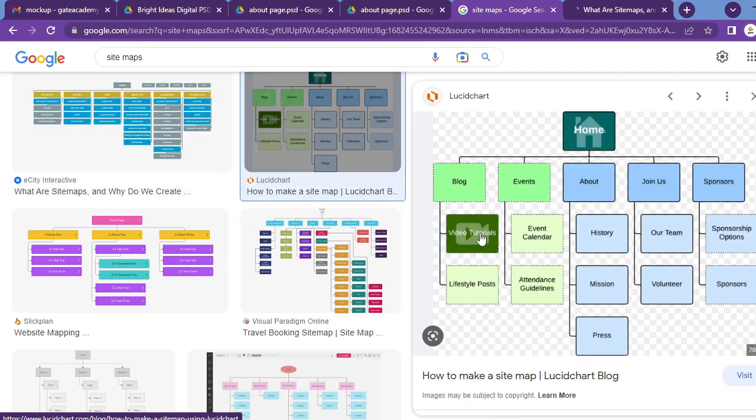Okay, look at this one. This is a sitemap. If you look at this, they have the home page, and over here the navigation: blog, events, about, join us, and sponsor. Under the blog, you're going to see video tutorials and lifestyle posts, and under the events